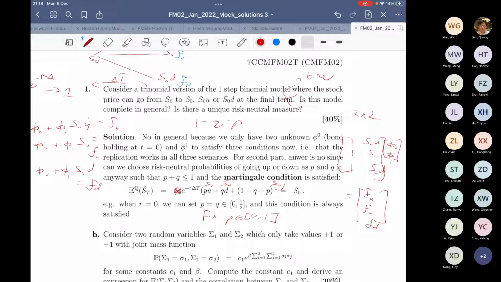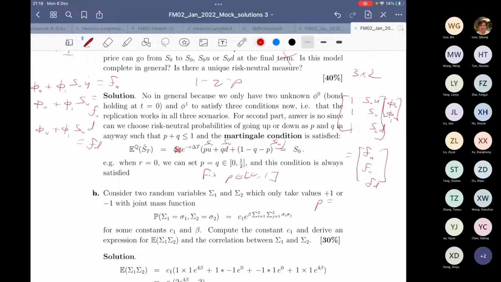But one particular case which is easier to think about is if the interest rate is 0, then we can choose any P, and then the martingale condition simply imposes that P has to be Q because everything is kind of symmetric. So in that case, this formula simplifies to